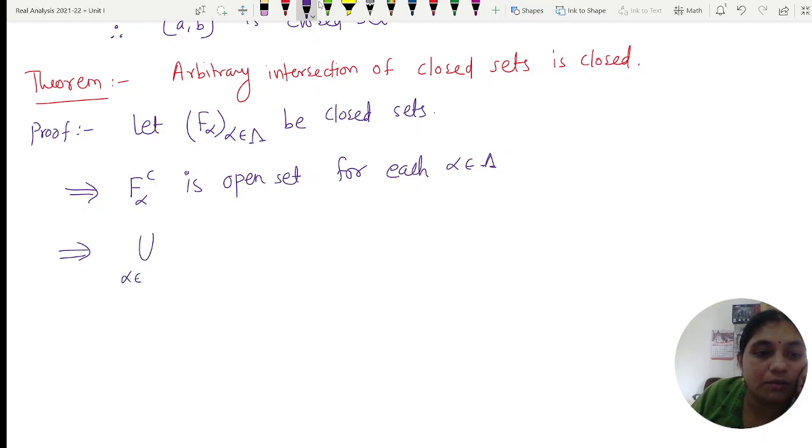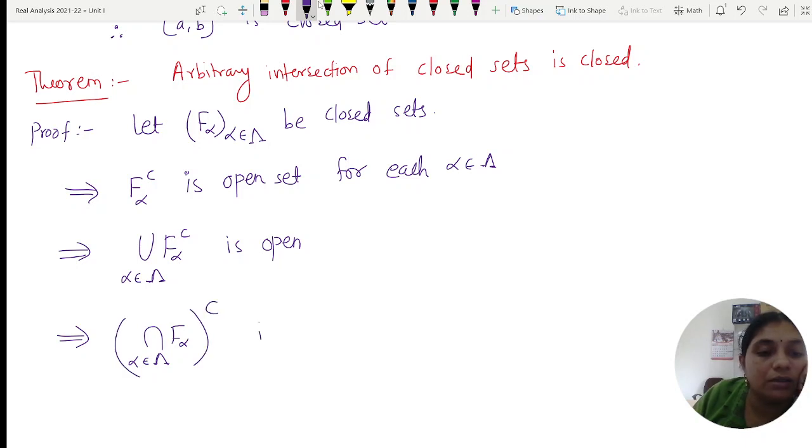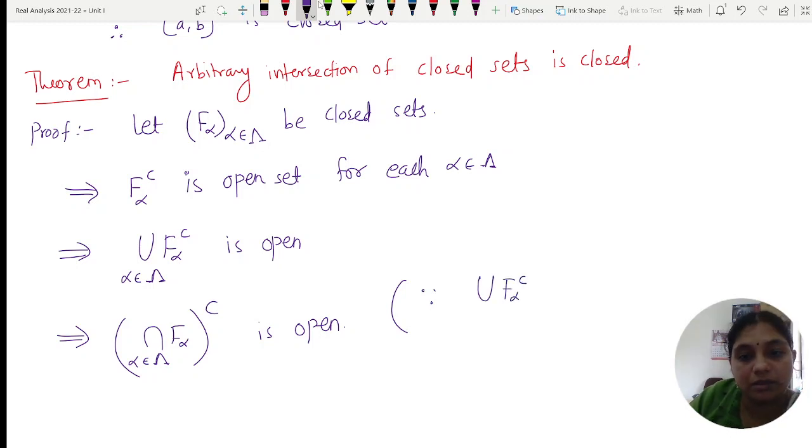So the union over alpha in the directed set of F alpha complement is also open, right? But by De Morgan's law, what is this union of F alpha complement? It is the complement of the intersection of F alpha,